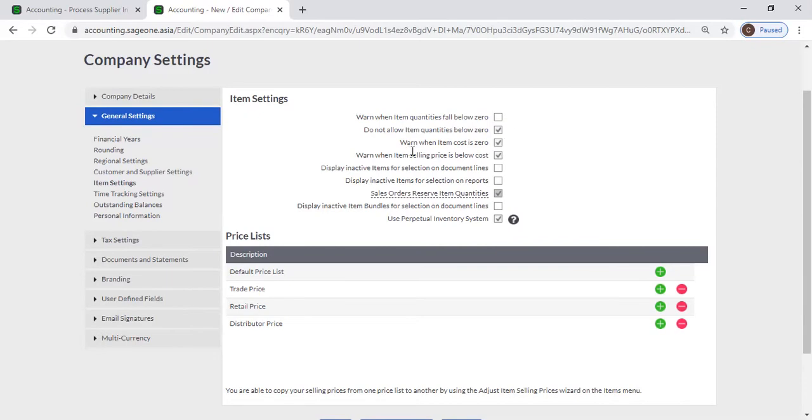Next one, third one, warn when item cost is 0. Now, when you are entering purchase orders or supplier invoices, the system will pick up those costs as item cost. When you are purchasing, when you are entering a GRN, the system will identify that this item's cost is this much. So when you are processing any transaction,